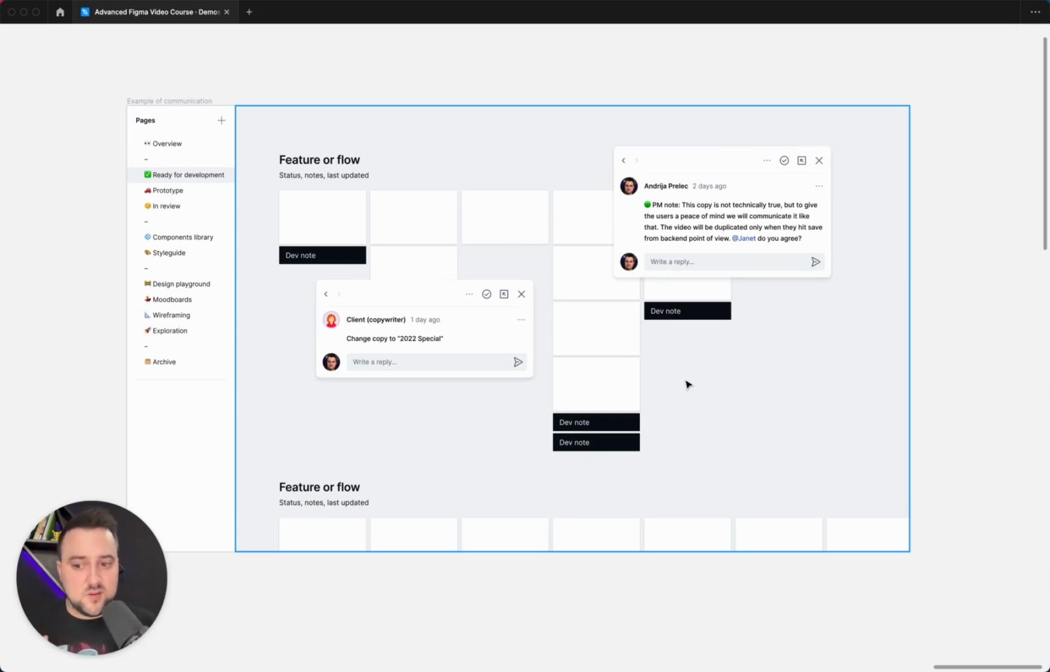So in there, you're gonna have the feature or a flow requirement. You're gonna have the notes for that. Once it's ready for review or development, you would add your Figma link there. That's gonna lead those people inside of Figma. And if there's some communication that needs to happen there,